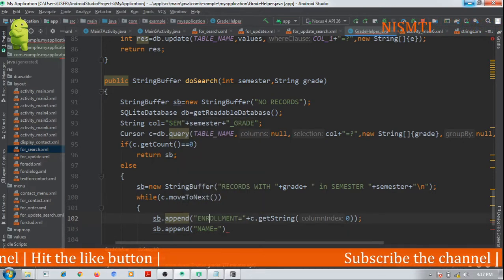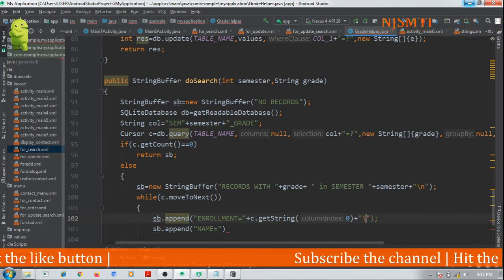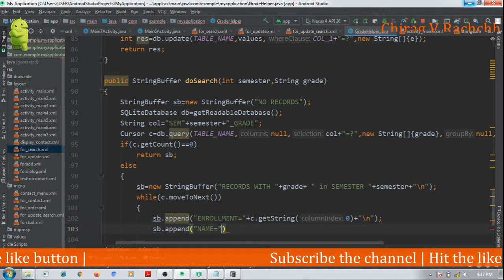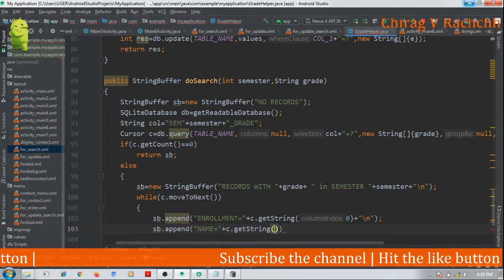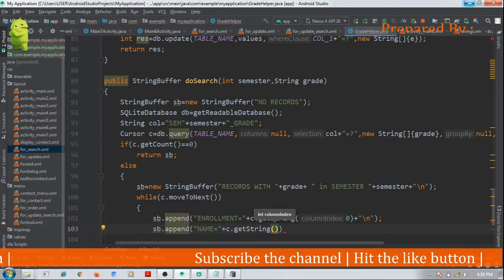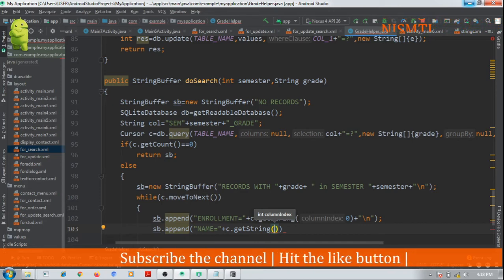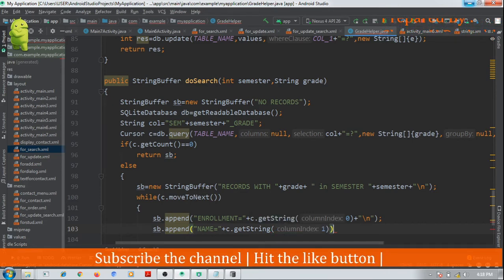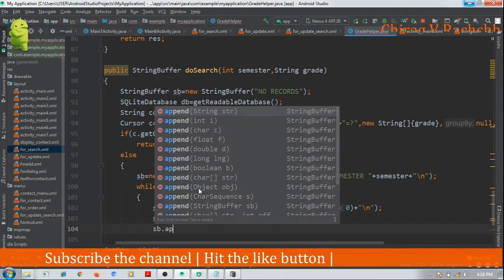All these things should appear in different lines. So name is equal to plus c dot get string of 1, then sb dot append